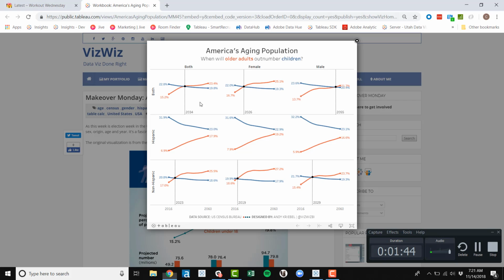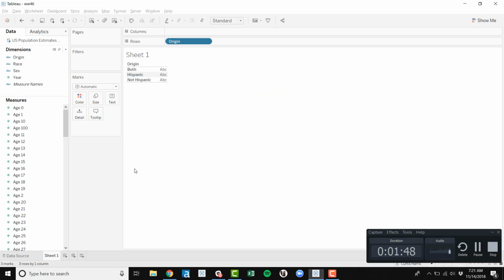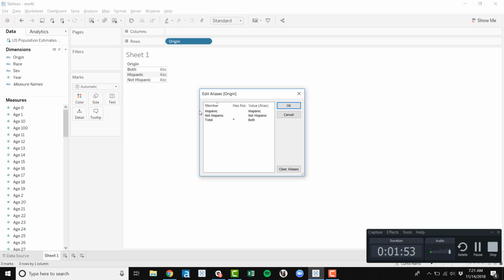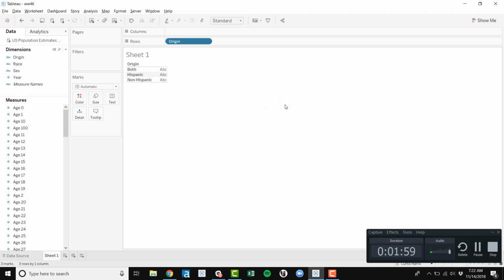So we have both Hispanic and non-Hispanic. And I will go ahead and change that one as well, because not Hispanic is not what Andy says. And if I know Andy, he's going to get mad if I don't do exactly what he has. Let's put sex on columns, both female and male,